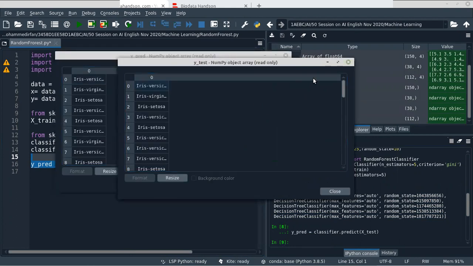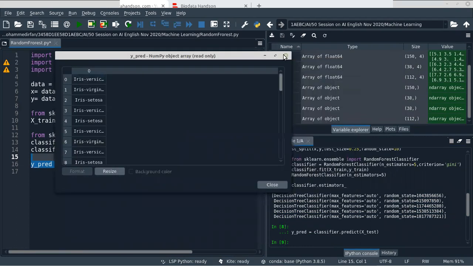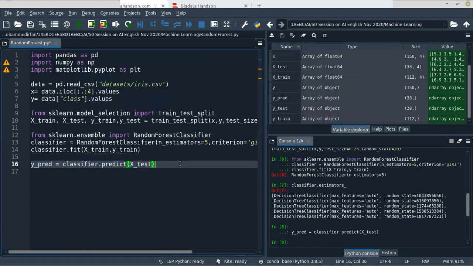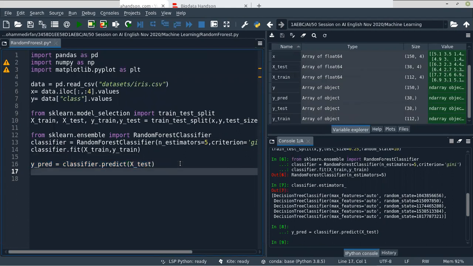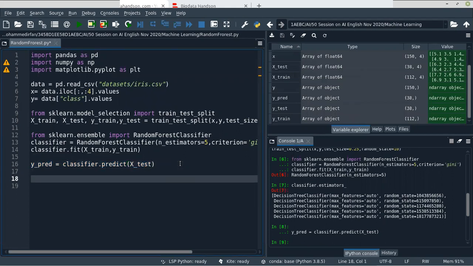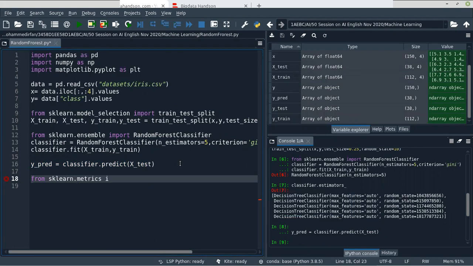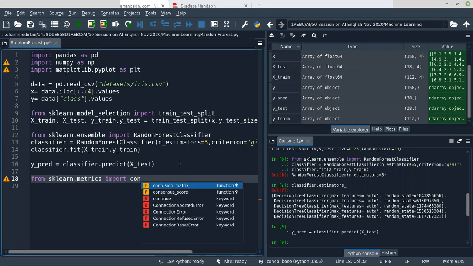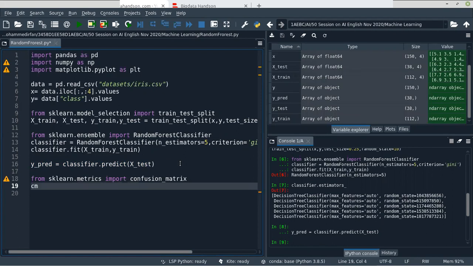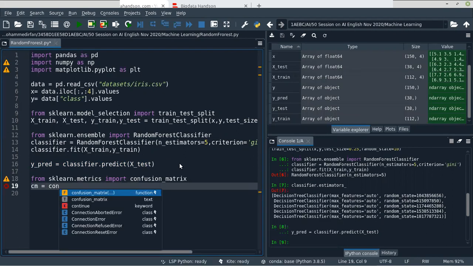Okay, so we can see the confusion matrix for accuracy, how many are correctly predicted and how many are incorrect predictions. Let me import the confusion matrix from the metrics module.